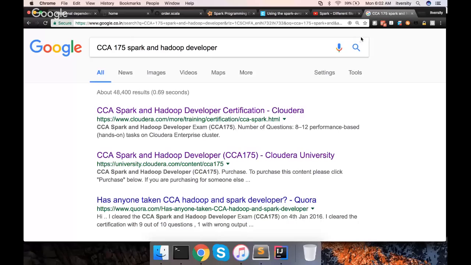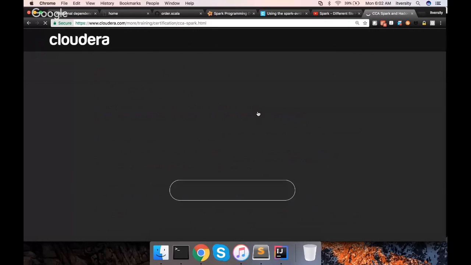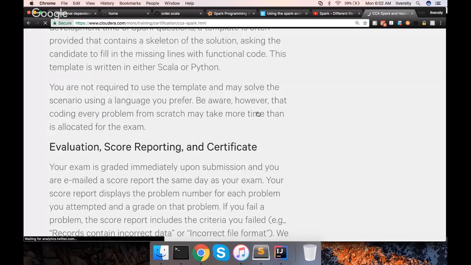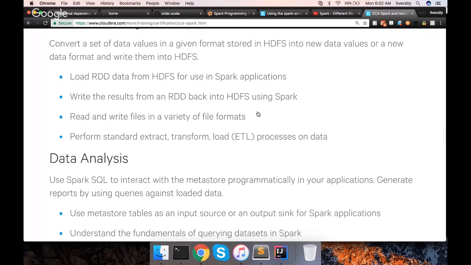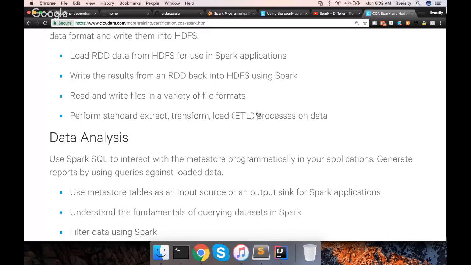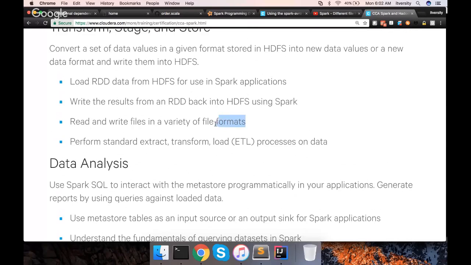And if you go to the new syllabus, one of the important things which caught my eye is read and write files in a variety of file formats.